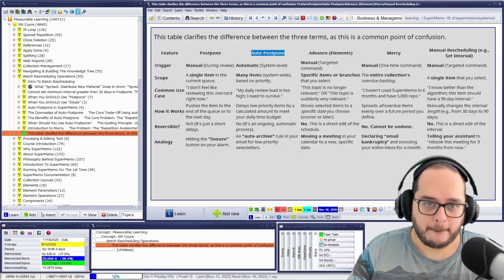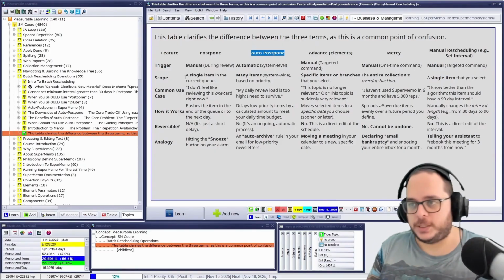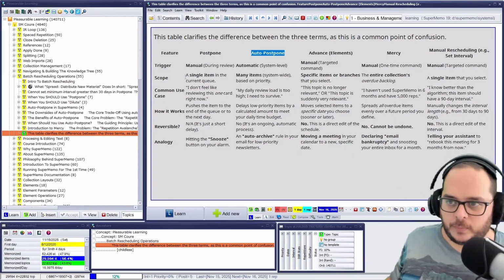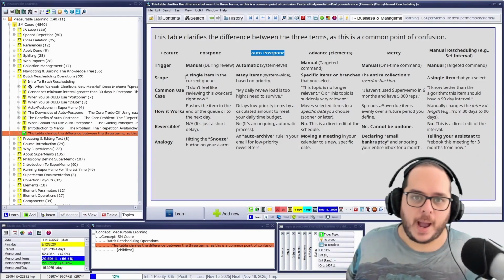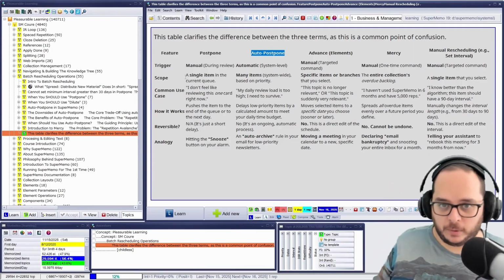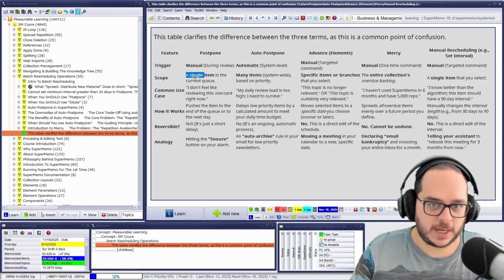The scope of postpone. We have to differentiate. I can do postpone on one element, but I can also do postpone in bulk. That's why the scope is not just a single item, it could be many.